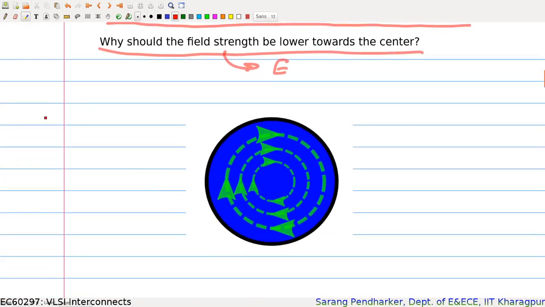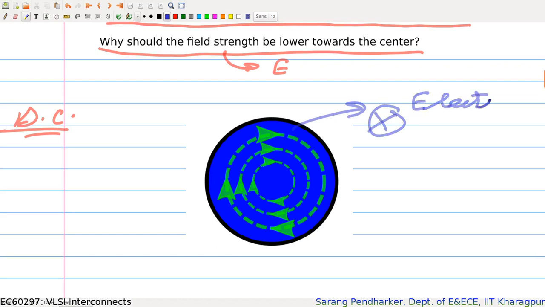So to understand it, let us try to form a complete picture of the phenomena of how the current is carried here in the conductor. So if we take a DC case, let's again take a DC case. My electric field is going into the plane. This is the symbol which I use to indicate into the plane. I'm looking at the cross section. So this is my electric field going into the plane